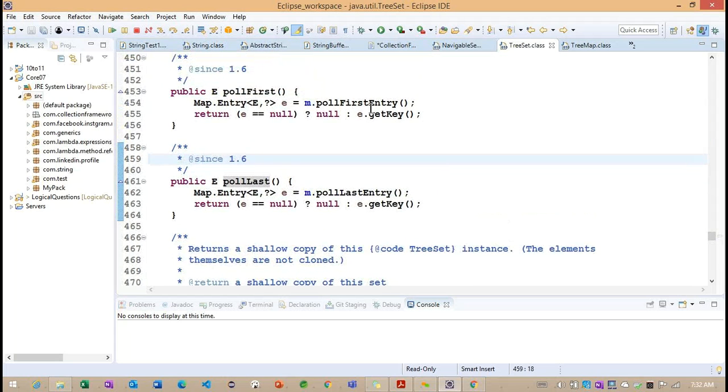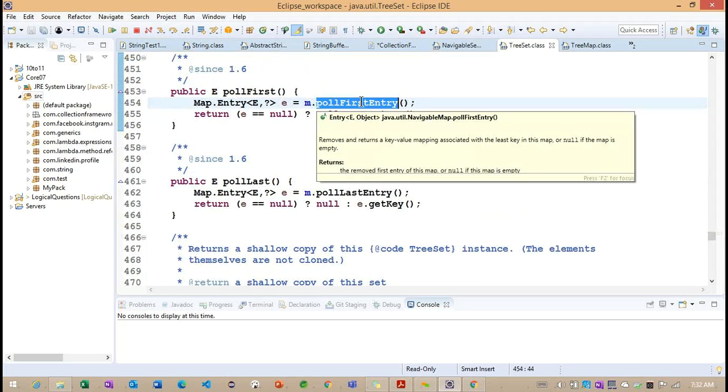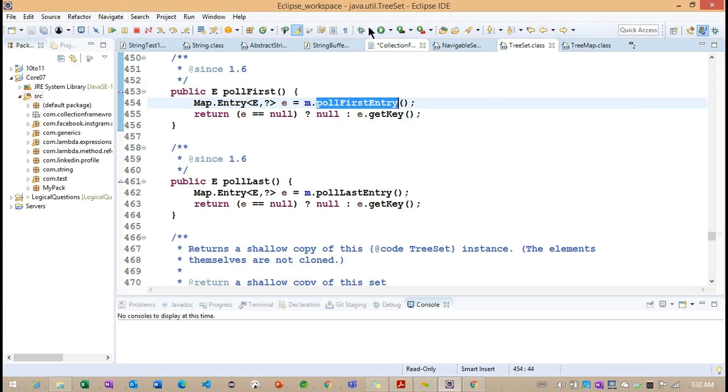And now you can see the pollFirst method, we are trying to load the first entry. Now read this particular message here. The pollFirst method will try to return the first element. Carrying the point, it will try to remove the, sorry, it will try to return the first element by removing the first element.